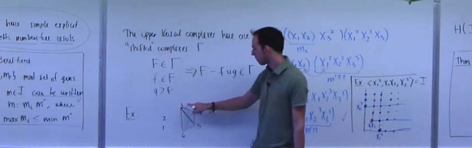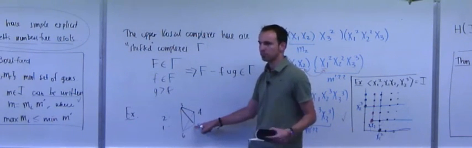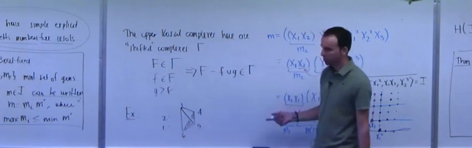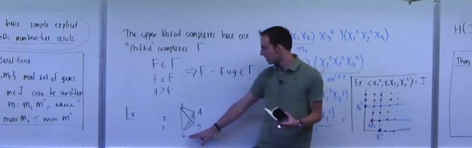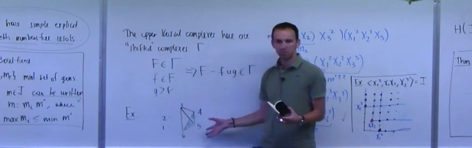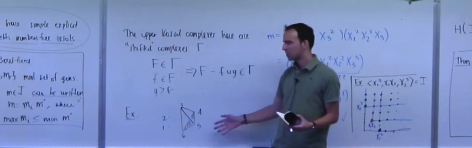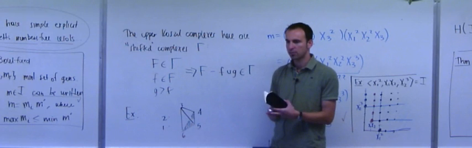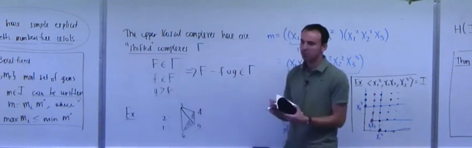For example, if 3, 4, 5 was a full triangle, then all of the triangles bigger than it have to be full. Okay? But for example, if 4, 5, 6 is a triangle, then that doesn't really force any bigger triangles. Okay? And so this is what a shifted complex is. It's a shifted complex that's kind of bottom heavy, right? So where the smaller numbers have fewer things, the bigger numbers have bigger things. And the point is that the topology of this is very nice and combinatorial. You can say very explicitly what the homology of these things are just by combinatorics and without having to do any kind of topological computations. So because shifted complexes are so nice combinatorially